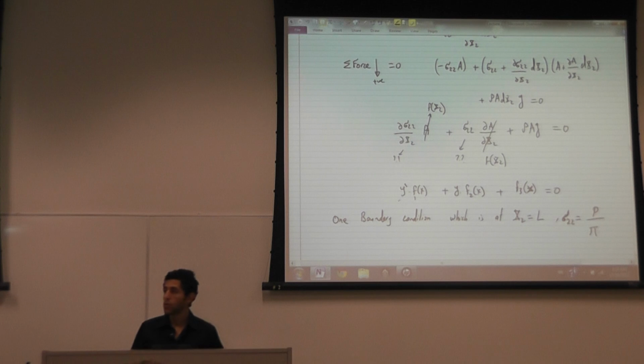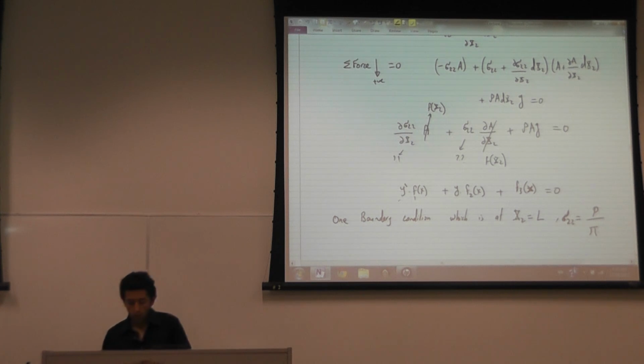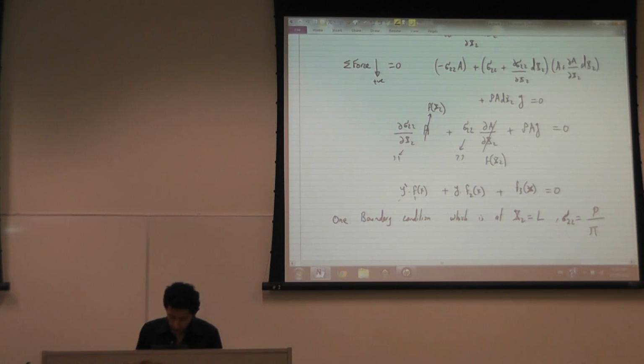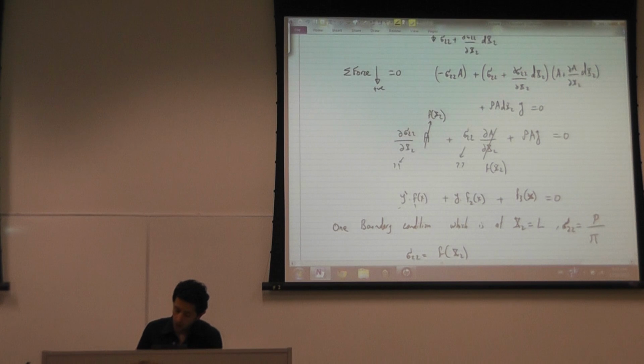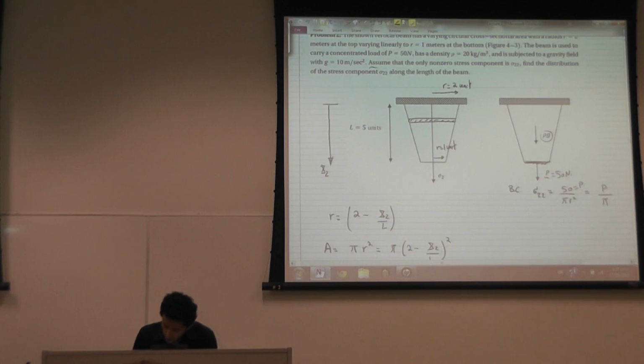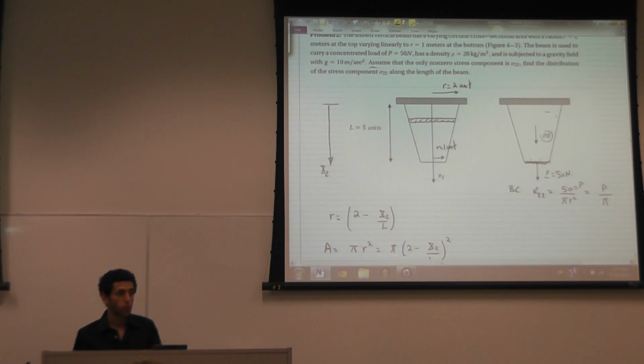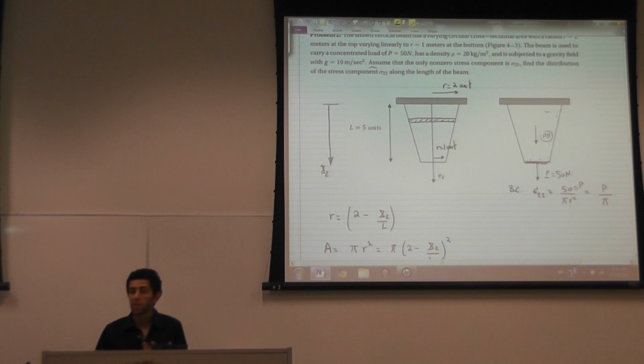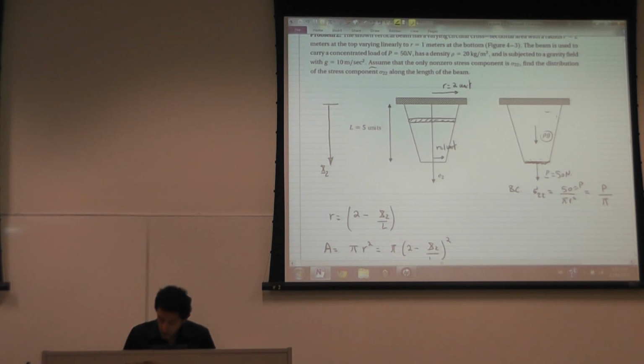After you find sigma 2, so I found sigma 2 at every point, you're going to have sigma 2 as a function of x2. So now I'm going to go back to the problem. I have sigma 2 at every point. Knowing sigma 2 at every point, I can draw the contour plot of sigma 2. I can draw the contour plot of the von Mises stress, for example, because now I know the stress matrix